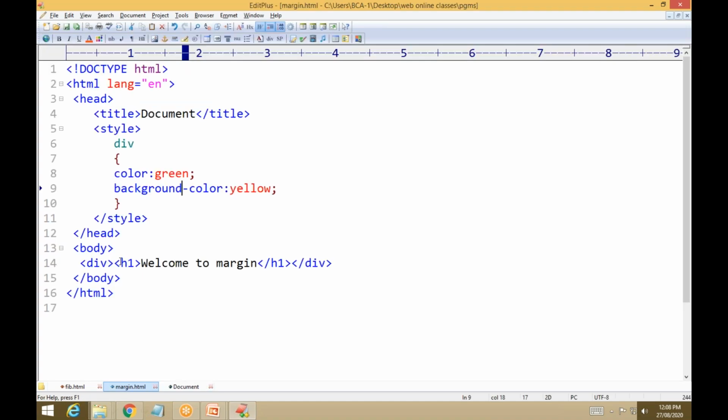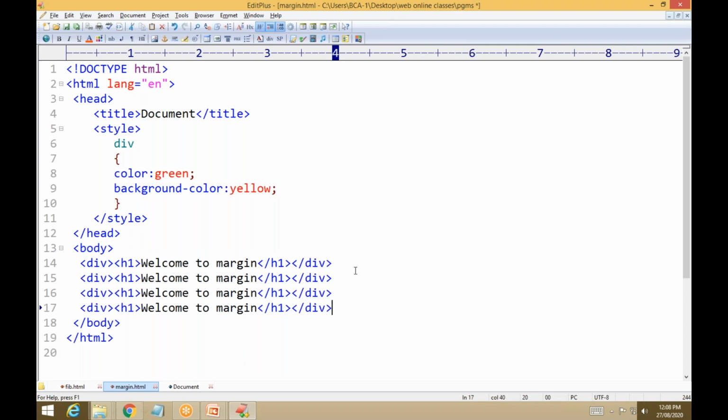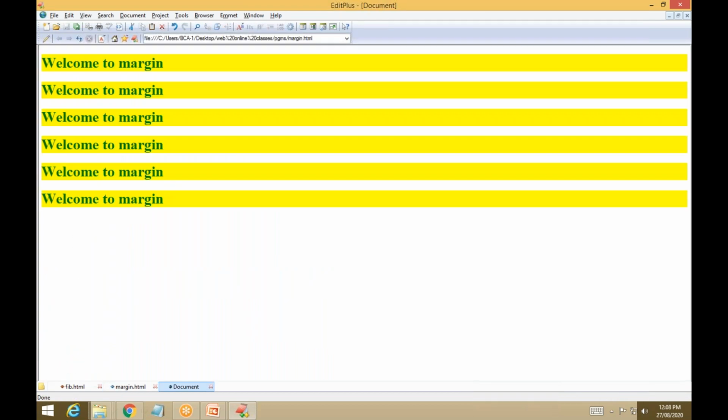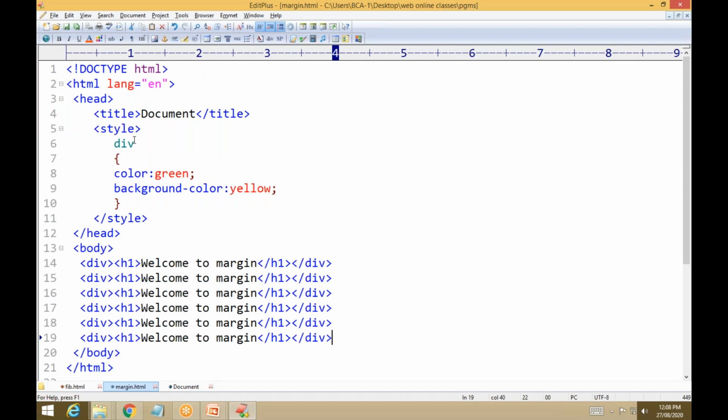Okay, you can also write one more division like this. Now save, execute. See, these are the divisions. We are making the divisions how I want. There are 6 divisions in this one web page. I'm dividing this web page into 6 divisions, but I'm not giving any particular width for the first, second, third, fourth, fifth or sixth division. That takes default division sizes. So this is called the division tag.